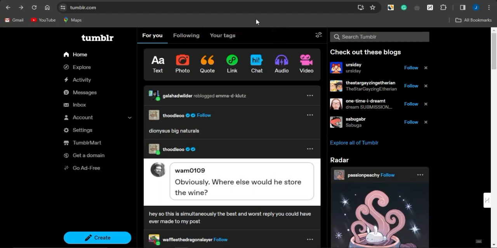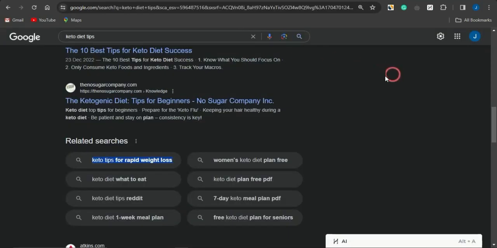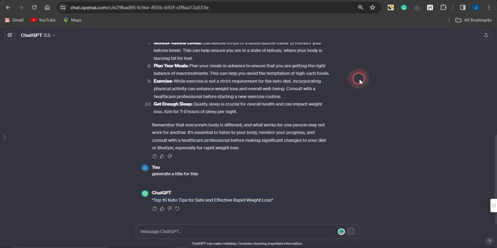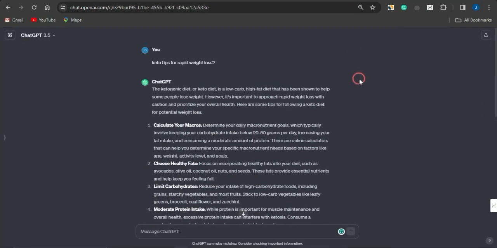So basically, this is a cool way to go on to getting traffic to your CPA marketing offer and make a lot of money. And what you want to do right now is to focus on any of these other searches right here and actually go on to creating content about these searches, just utilizing ChatGPT and go on to following exactly the same strategy for each and every one of them.